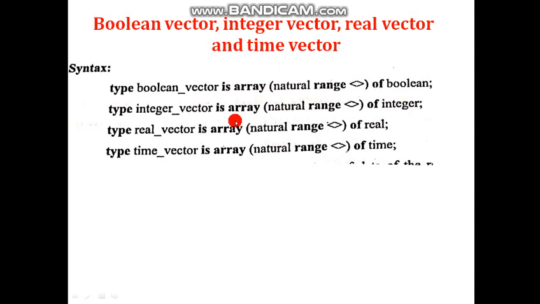Type real_vector is array of natural range with a box of real, and type time_vector is array of natural range with a box of time. These types can be used to represent collections of data of the respective element type. For example, a subtype representing a collection of comparator thresholds can be declared as subtype threshold is integer_vector 15 down to 0.